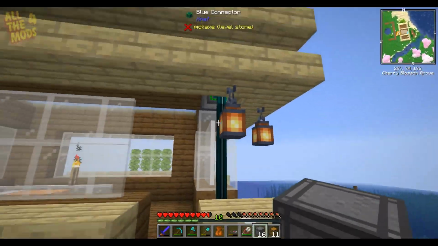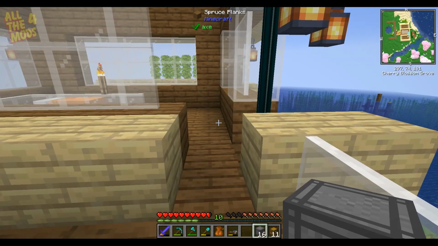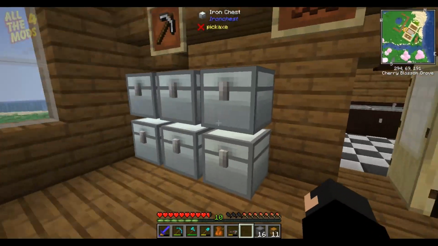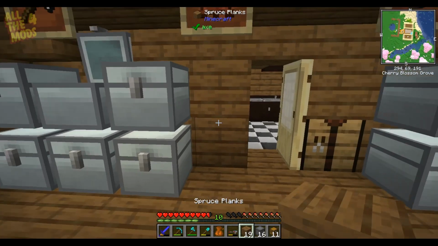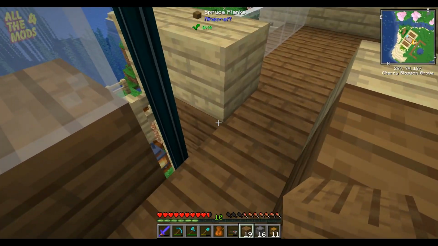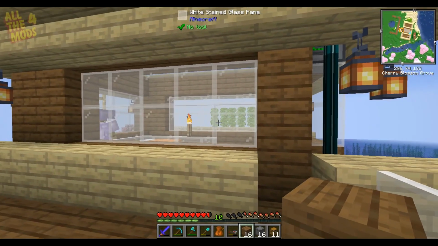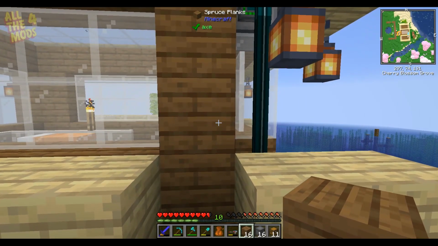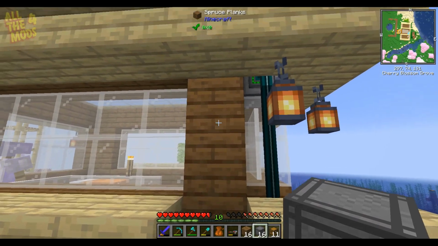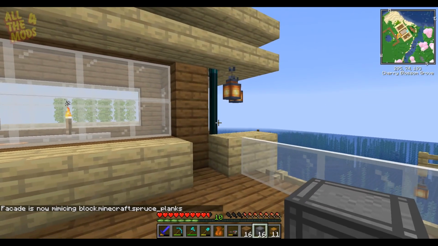Now, it looks ugly as sin right now, right? In fact, I need to go and get some more of my normal blocks, because we don't need facades everywhere. Okay, so that's a normal block, so it will connect, but it will not connect if I place one of these. So if I right click on the block that I want it to mimic, there you go, spruce planks,